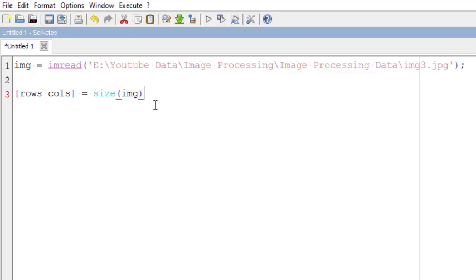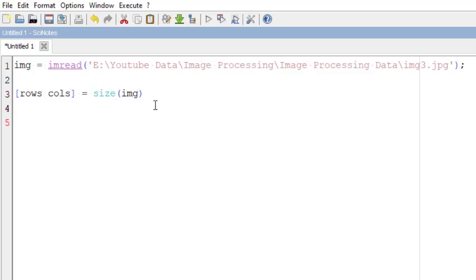Here we are finding the size of the image because image negative is one of the point processing methods. That means we will iterate over the entire image pixel by pixel and do the image enhancement. Therefore, here we are calculating the rows and columns of the input image.